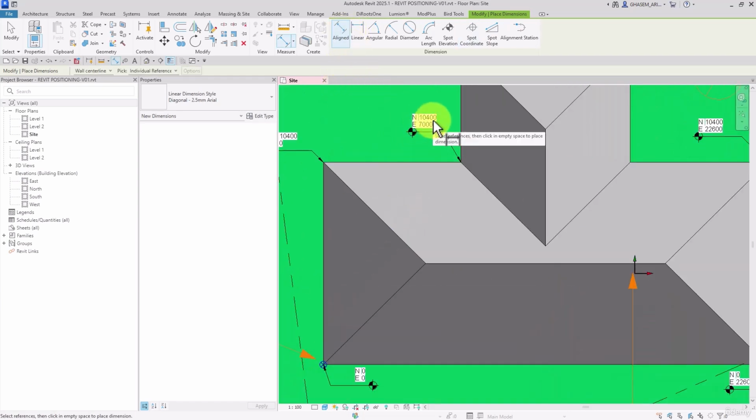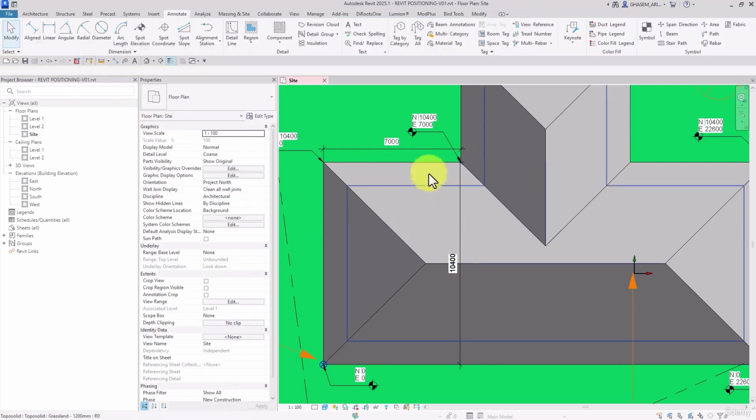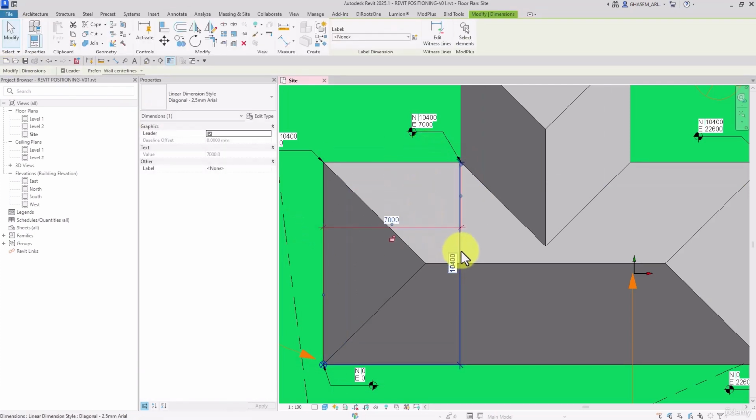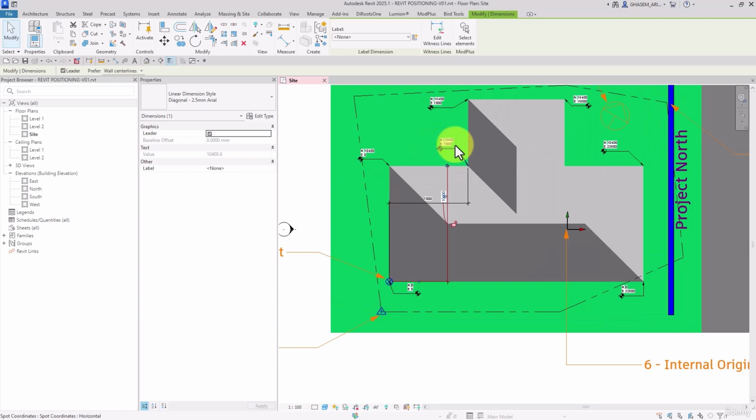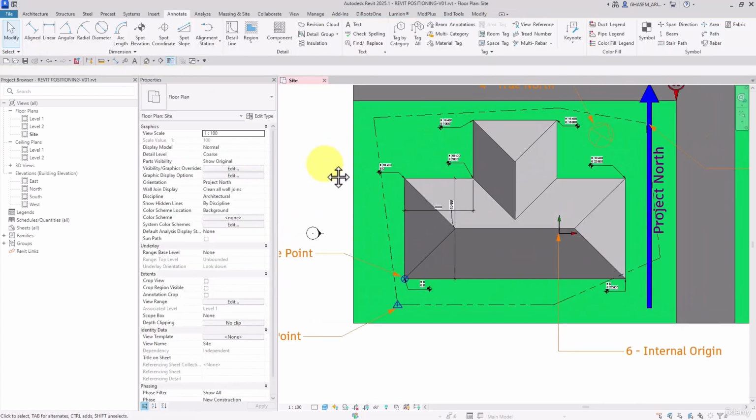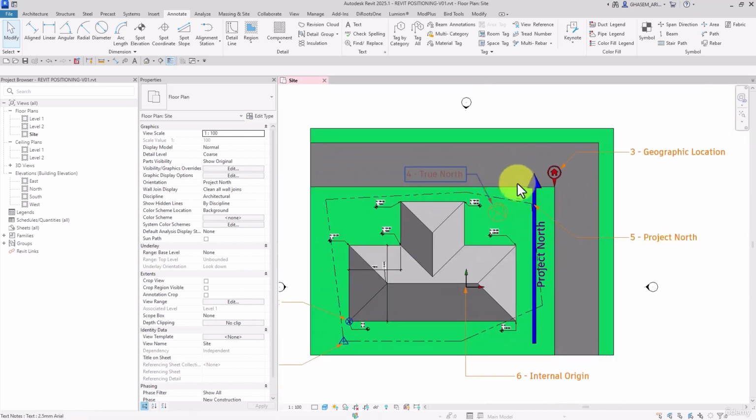Great. Then if I align dimension, watch this, 10,400. Let's see. Check it out, 7,000. And then, as you can see, 10,400, which is the same value, this way, horizontally and vertically. Check it out, that I have added based on the project based on coordinates, that it can help us for